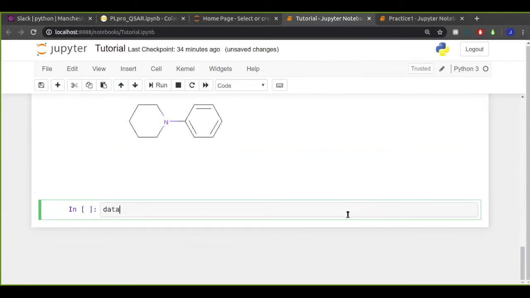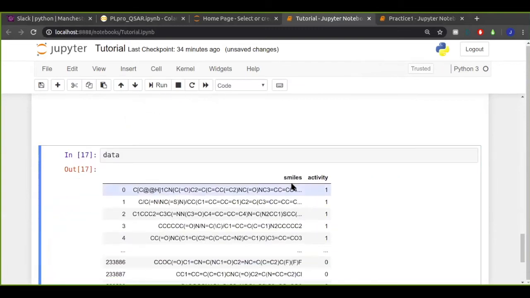And let's go back to our data. So I want to insert a new column to the right here, which contains scaffolds for every single molecule in the entire data set. So I'm going to define a new column and then set that column as the result of applying a function to every smiles in my data frame.